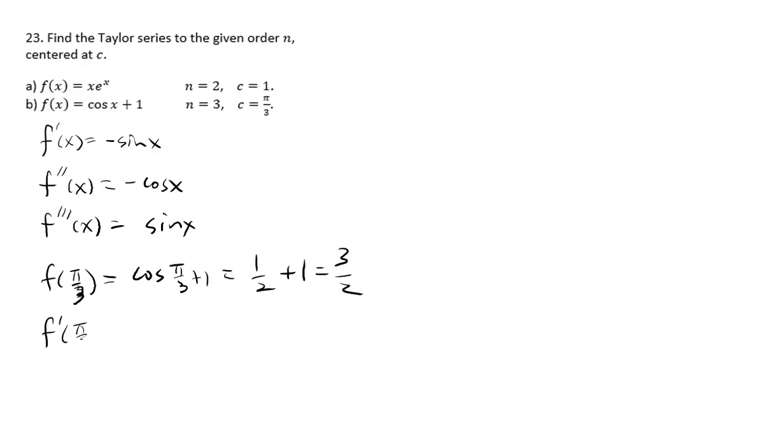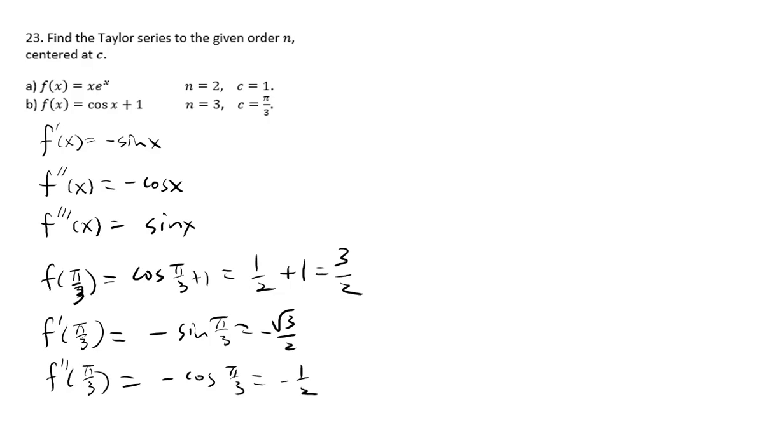f prime of pi over 3 is negative sine of pi over 3, which is radical 3 over 2 with a minus. f double prime of pi over 3 will give you negative cosine pi over 3, which is negative 1/2. And f triple prime of pi over 3 gives you sine of pi over 3, which is radical 3 over 2. And therefore, using the Taylor series, you have